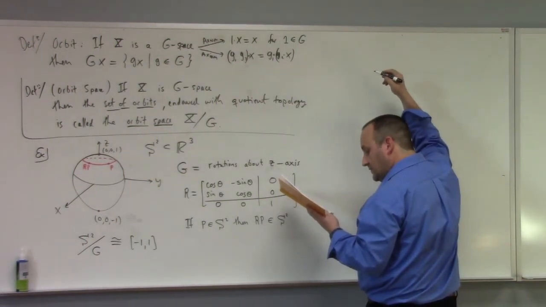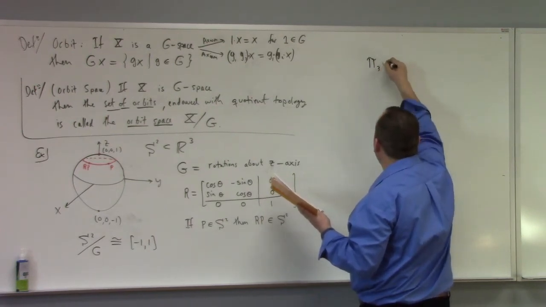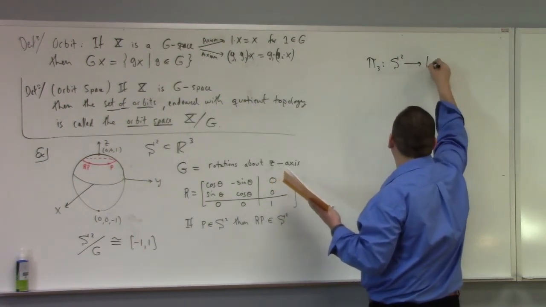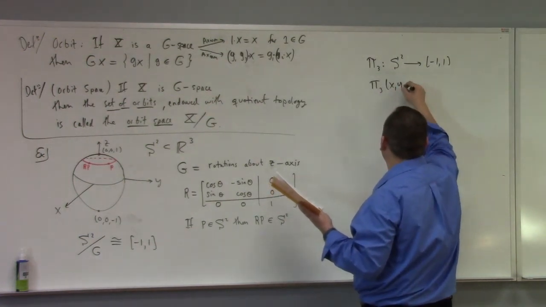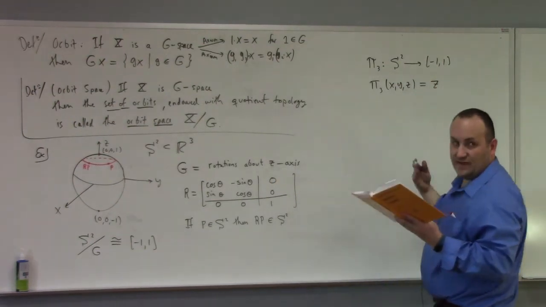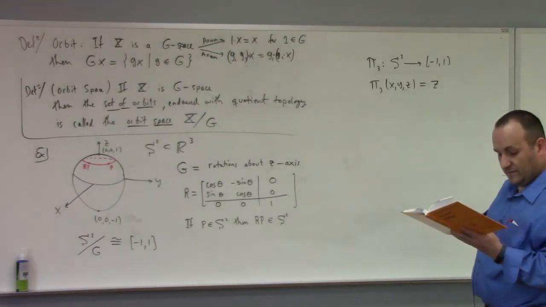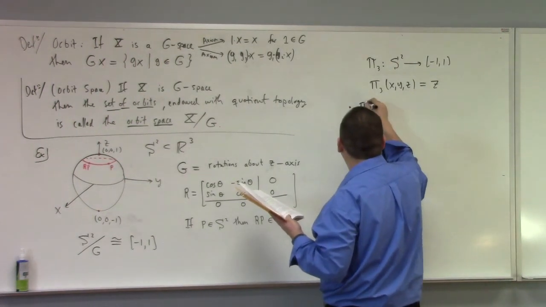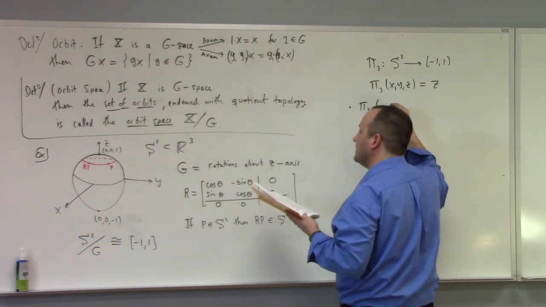He says, consider the continuous map pi3, which is a mapping from S2 to [-1, 1]. Pi3 is what? So like pi3 of (x, y, z) equal to? Yeah, just z, right? He says, since pi3 is constant on each orbit, pi3 of, let's see here,